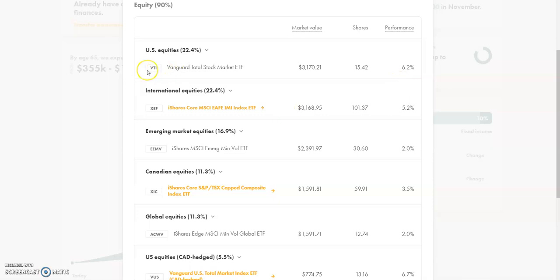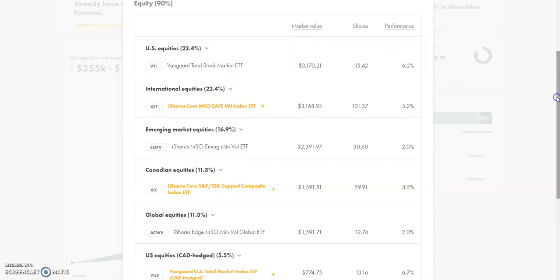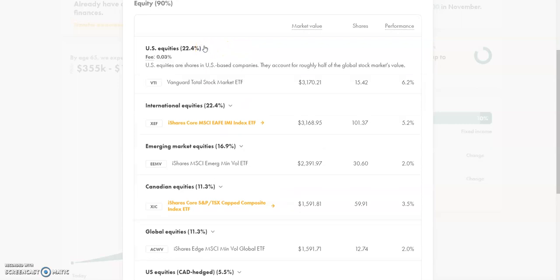So for example, for VTI, which is the Vanguard Total Stock Market ETF, I currently hold about 15.42 shares, and the performance for this account overall has been 6.2%. If you are interested to find out more, for instance what the cost associated with that is, if you click on it, you get to see the fee for this account. So the Vanguard Total Stock Market ETF only charges